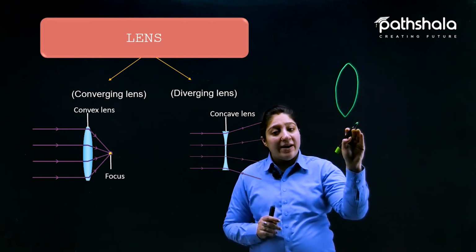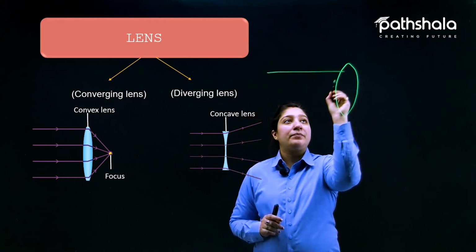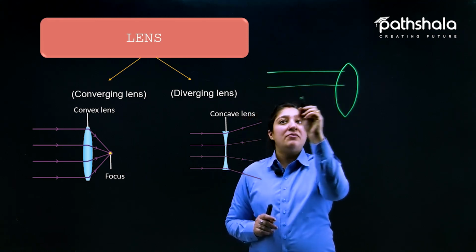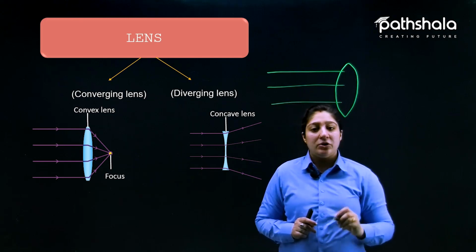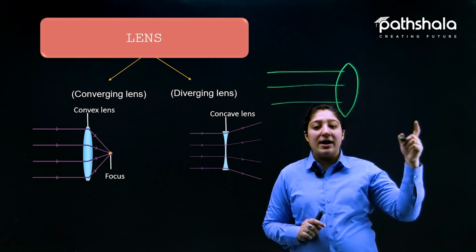Now the light rays pass through this lens like this, and when they are going to the other side,